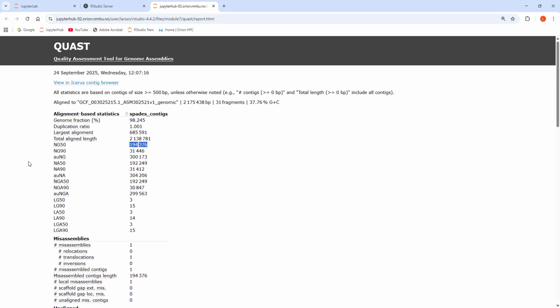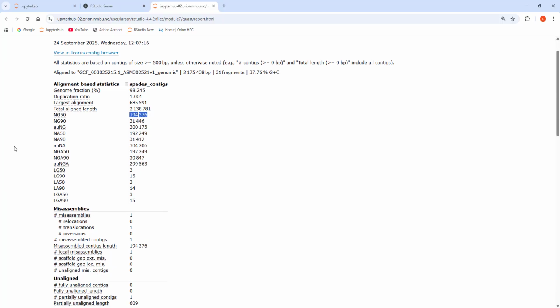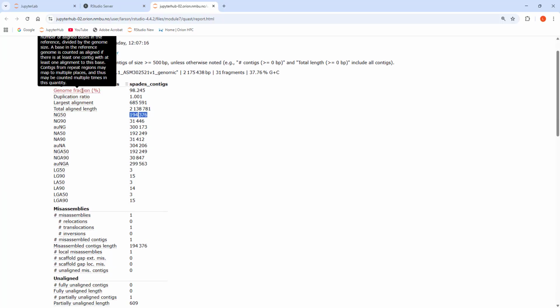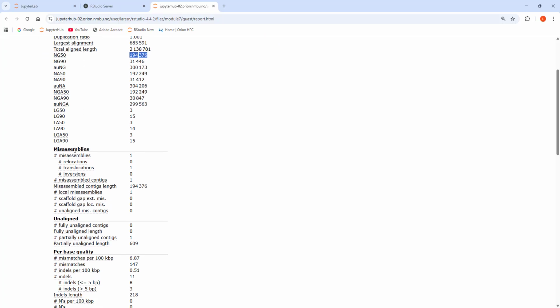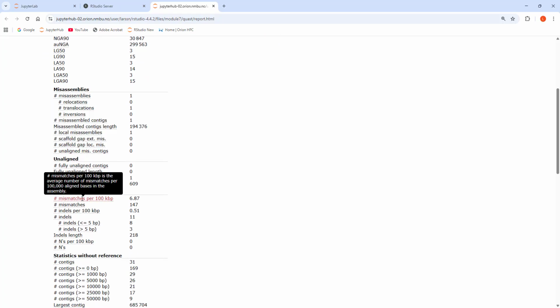But I think that as long as you have a reference, we don't care that much about the N50 value. We care about this genome fraction, the number of misassemblies, and the base pair quality. But none of these three are available if you don't have a reference. And then we have to look at the N50 as the only thing we can hold on to. Okay,